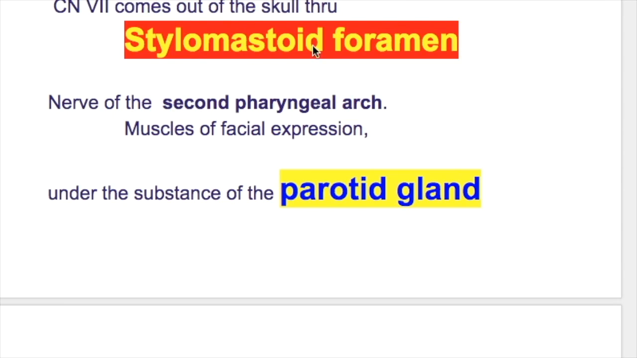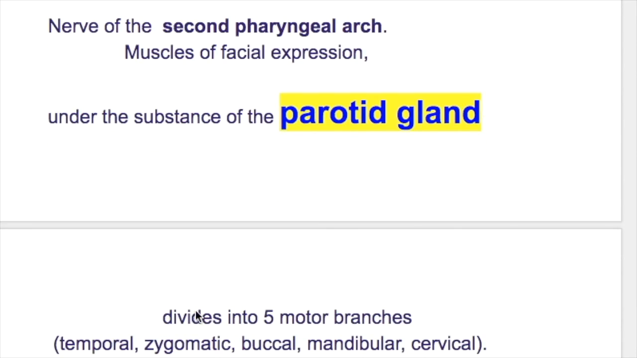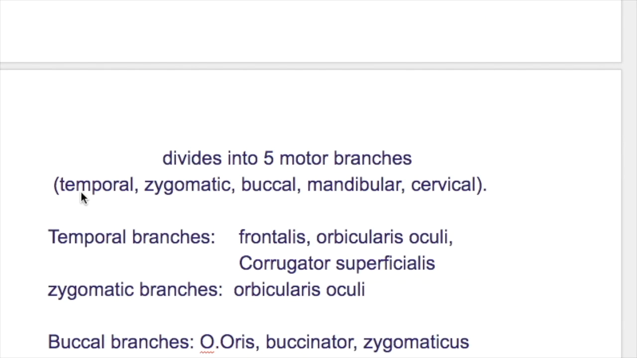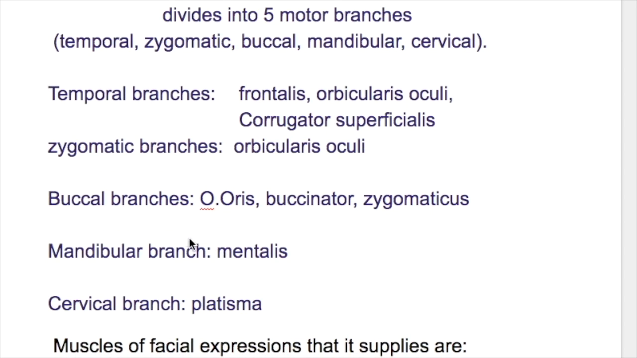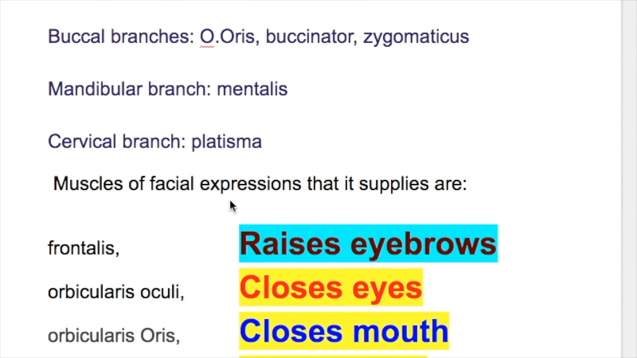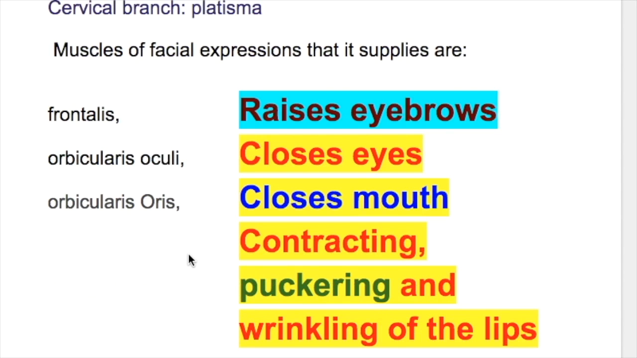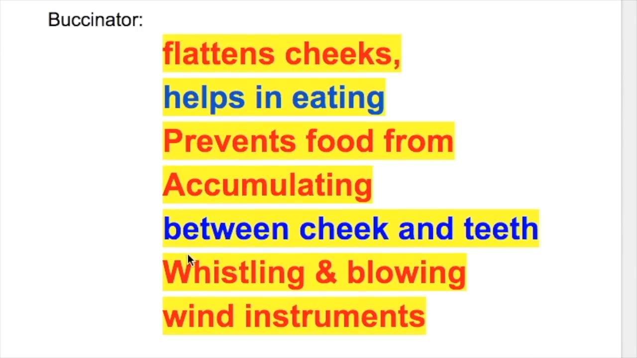When it comes out of the stylomastoid foramen, under the substance of the parotid gland, it divides into 5 major branches: temporal, zygomatic, buccal, mandibular, and cervical. Temporal branches go to occipitofrontalis and orbicularis oculi, zygomatic to orbicularis oculi, buccal branches to orbicularis oris and buccinator, mandibular to mentalis, cervical to platysma. The muscles of facial expression that it supplies are frontalis, orbicularis oculi, orbicularis oris, buccinator, platysma,